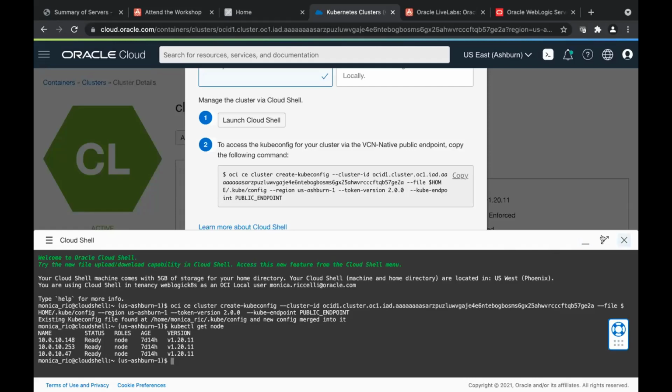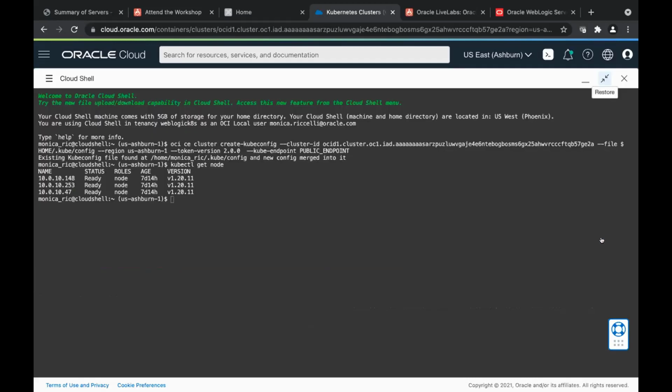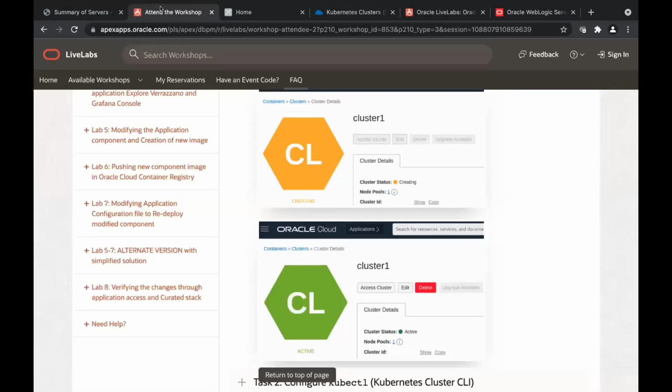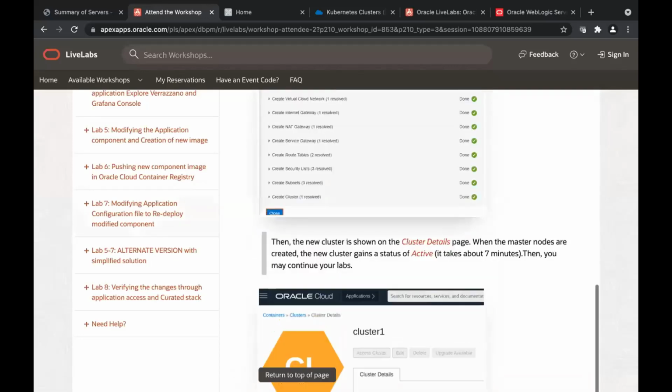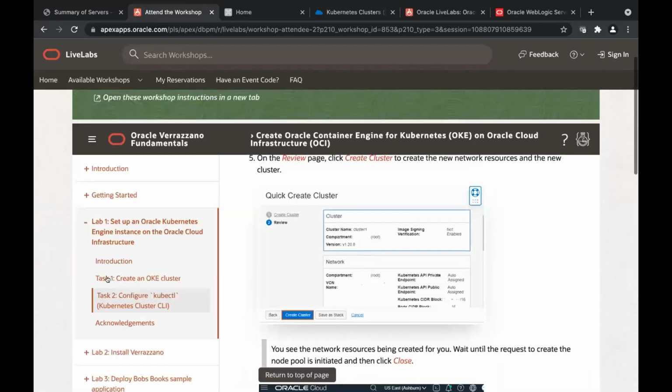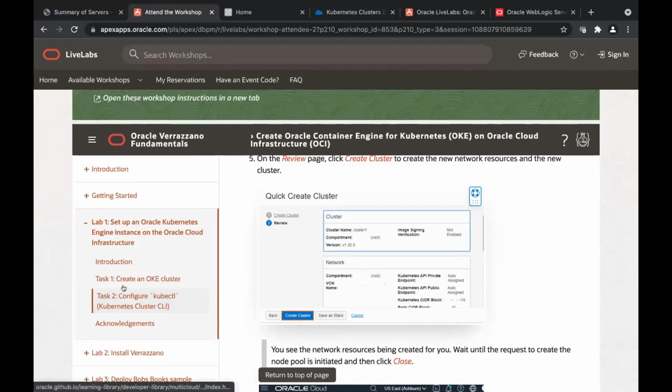Generally, these steps are necessary to execute creation of the cluster and access that cluster over the kubectl interface, but generally it's the end of laboratory